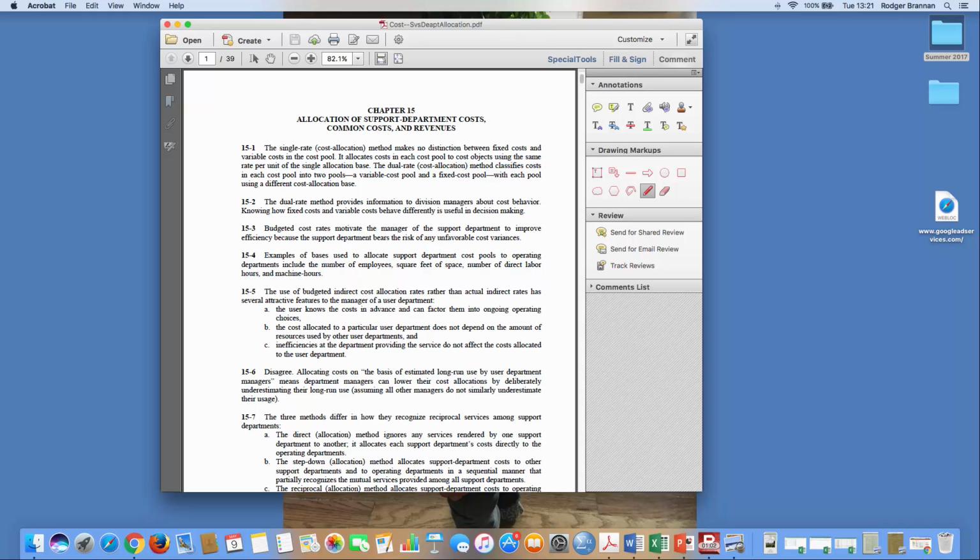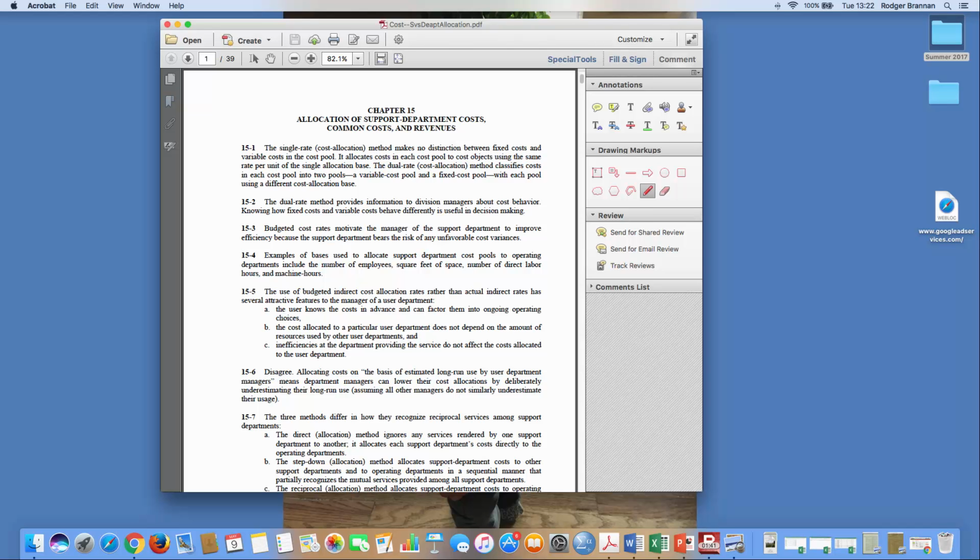Because what you ultimately want to ask, or the question that has to be asked, is what does it really cost us? What's the total cost to provide this good, to manufacture this good? That cost not only includes the manufacturing costs, but all of the other costs that are necessary. And one of the necessary costs to make something would be HR, would be accounting, would be IT, would be law, in different levels and different amounts, but those are important. So that's really the gist of support department cost allocation, is to come up with, again, a systematic and rational